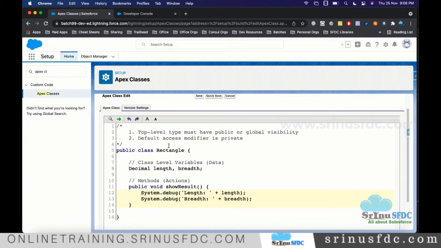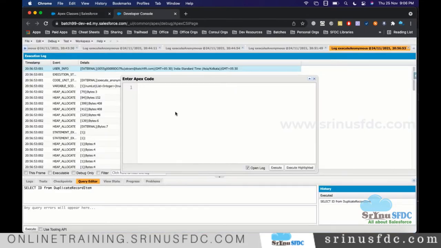Each time we call, we create one object, right? So now from the developer console, I'm creating one object for the class. That means by using the car plan, we are manufacturing one car. It's like that. So that is creating the object.